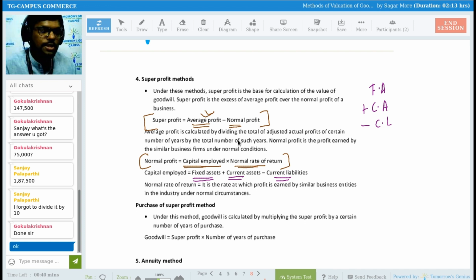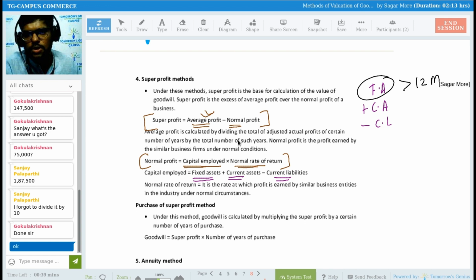What are fixed assets, sir? Assets which are there in your business for more than 12 months are known as fixed assets. Machinery: once you purchase machinery, are you going to sell that within 1 year? No, sir, you are going to use that machinery at least for 15 years, 20 years, right? You are having machinery, furniture, goodwill of the business, right? Tangible and intangible assets are fixed assets. So as I said, fixed assets are those assets which are there in the business for more than 12 months. Examples: machinery, furniture, plant and machinery, then goodwill, right?